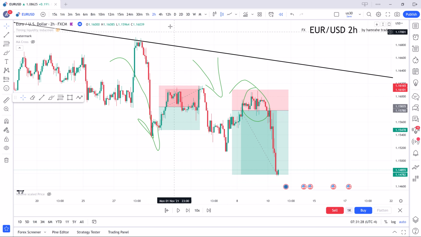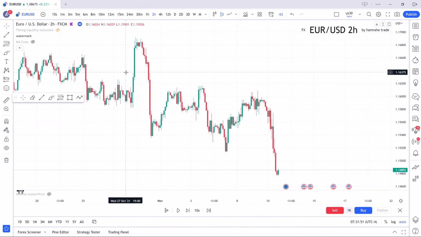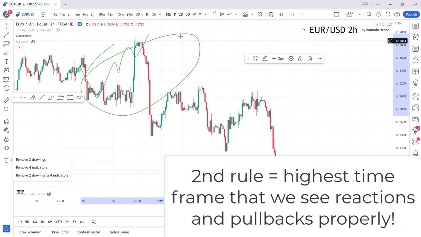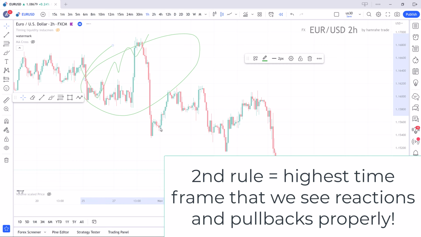So for example, for 2 days I use 2 hour, for daily 1 hour, for 4 hour 15 minutes, for 1 hour 5 minutes, and for 15 minutes 1 minute to enter the market. After I identify the time frame of my POI, and it is for trend lines. It was the first rule. The second rule is that when we see these corrections in 3 or more candles, for example, let's see another